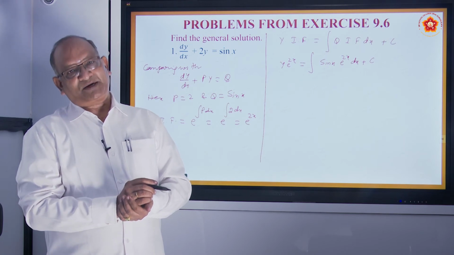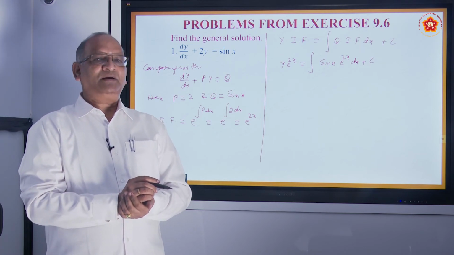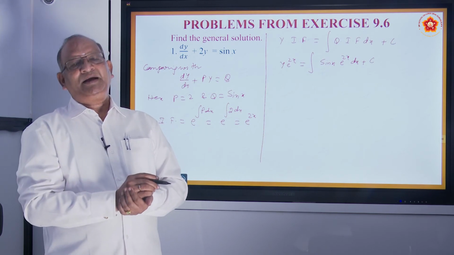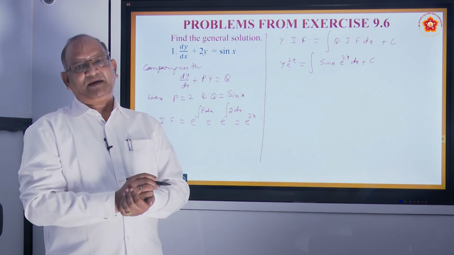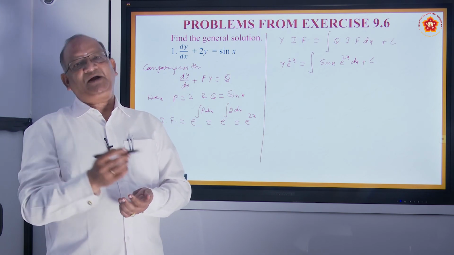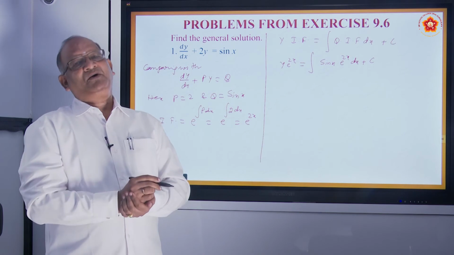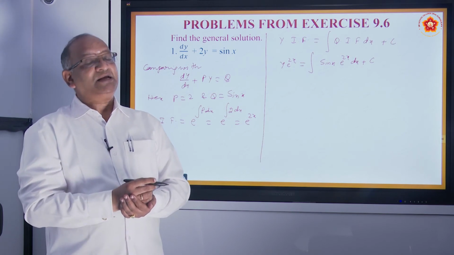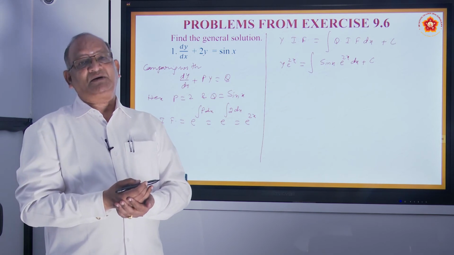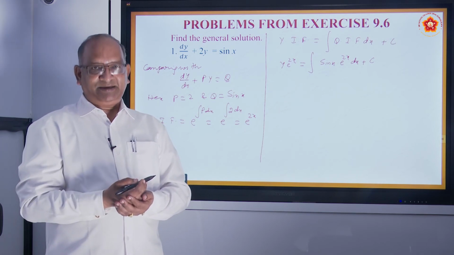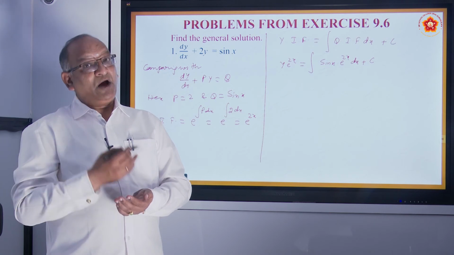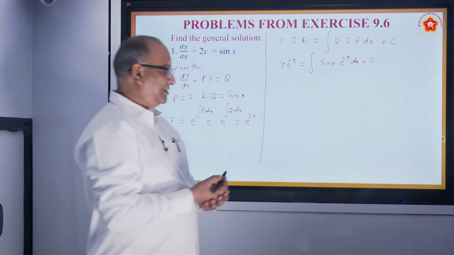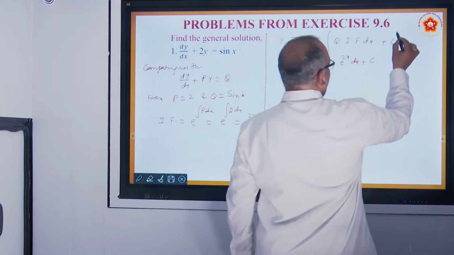How do you integrate the product of two functions? By using the product formula. What is the product formula? Suppose u and v are two terms. What is the integral of u into v? It is u into the integral of v minus the integral of the derivative of u into the integral of v. So that is the formula we will be using. But the question is, which term should be taken as the first term? Which term should be taken as the second term? And we already learnt a shortcut to know that. What is it? The formula ILATE.